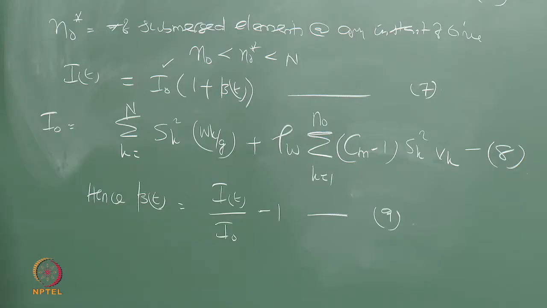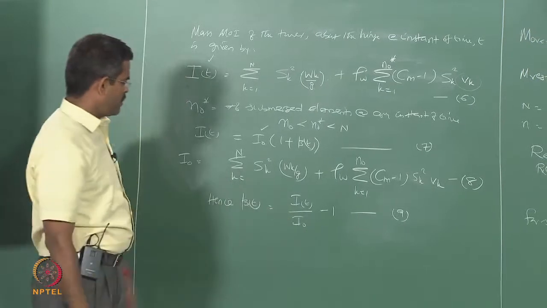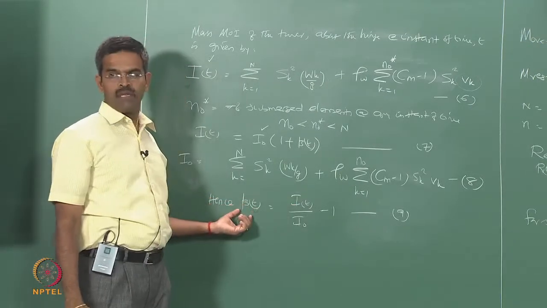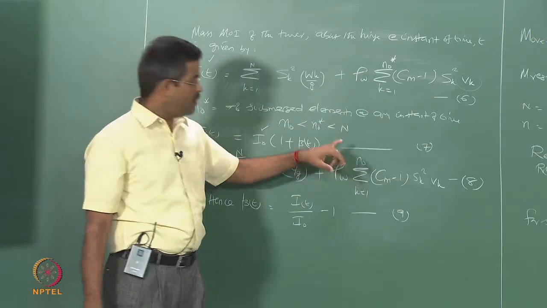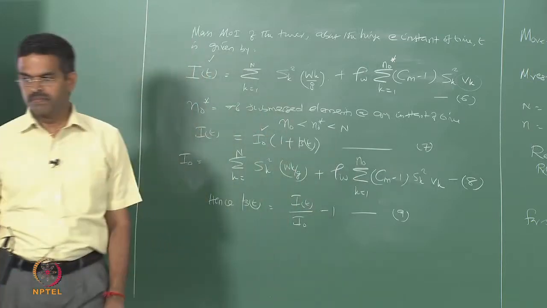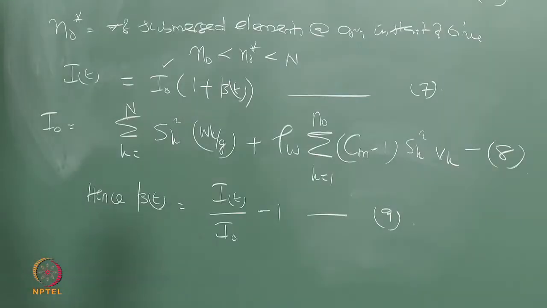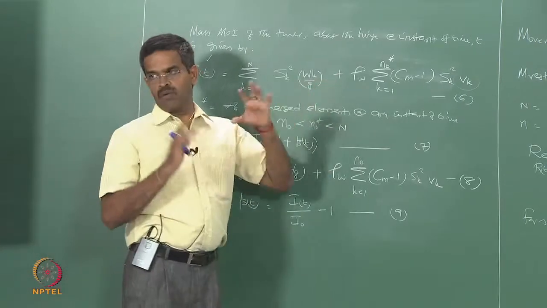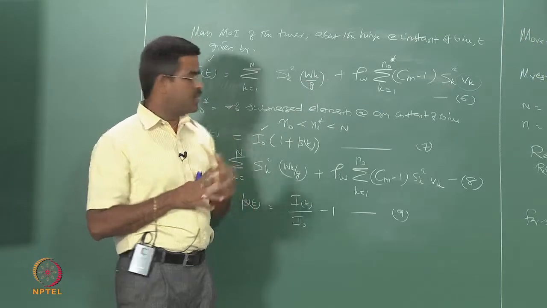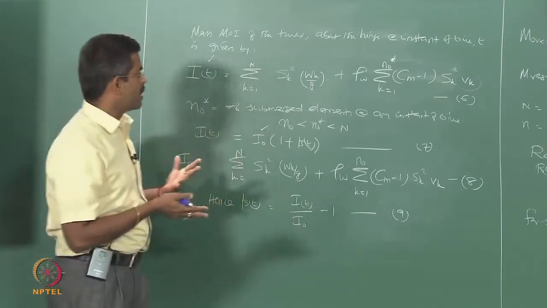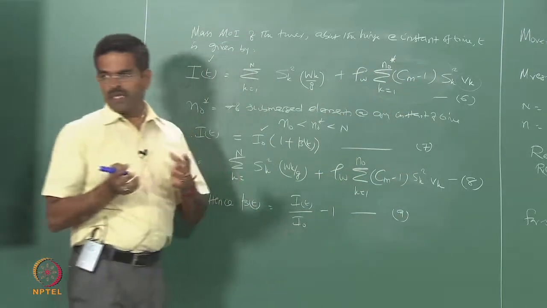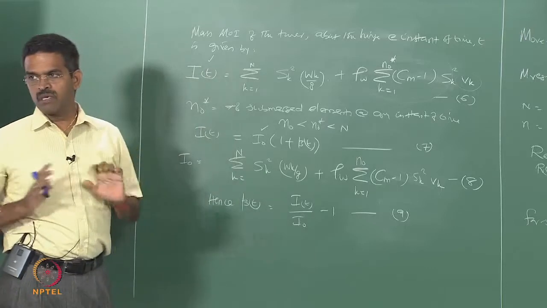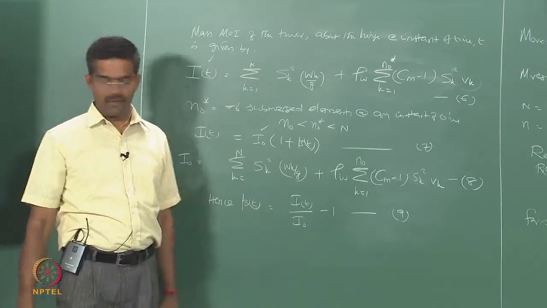You can obviously see here that IT and I0, which are the governing factors of calculating beta t, will be dependent on N naught or N naught star, which is again a function of displacement indirectly. Because if the platform is not rotating or the tower is not rotating, there is no displacement, then N0 will be equal to N. When they are rotating, they will keep on changing. It means indirectly this factor will be dependent on the rotation offered to the system by the lateral force. So they are displacement dependent again.